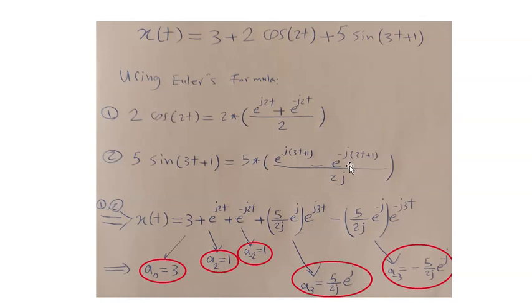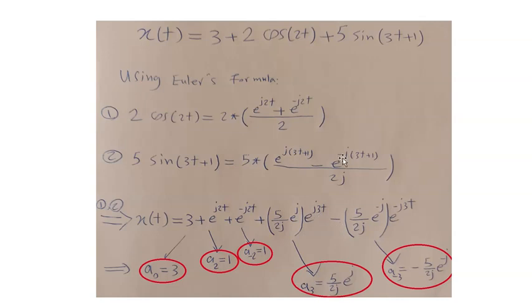So basically, I am having the coefficient looking like this: 5 over 2j, which is coming from the denominator, times e to the power of j, which is coming from this 1 in the power. So the coefficient will be 5 over 2j e to the power of j, times e to the power of j3t,